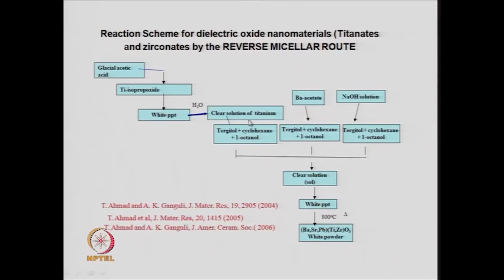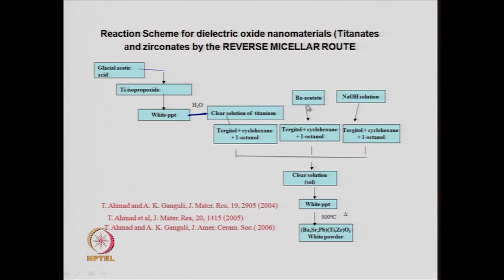So, you use the same microemulsion with all three components. One is the titanium source, one is the barium source, and one is the precipitation source. You make a titanium source in the microemulsion, you use barium acetate for the barium source in the microemulsion, and then you take the precipitating solution, which is sodium hydroxide, in the same microemulsion. So, you get three microemulsions and you mix them to get a clear solution, and then you stir it for a while till you get a white precipitate, and that precipitate you heat at approximately 800 degrees Celsius to get,